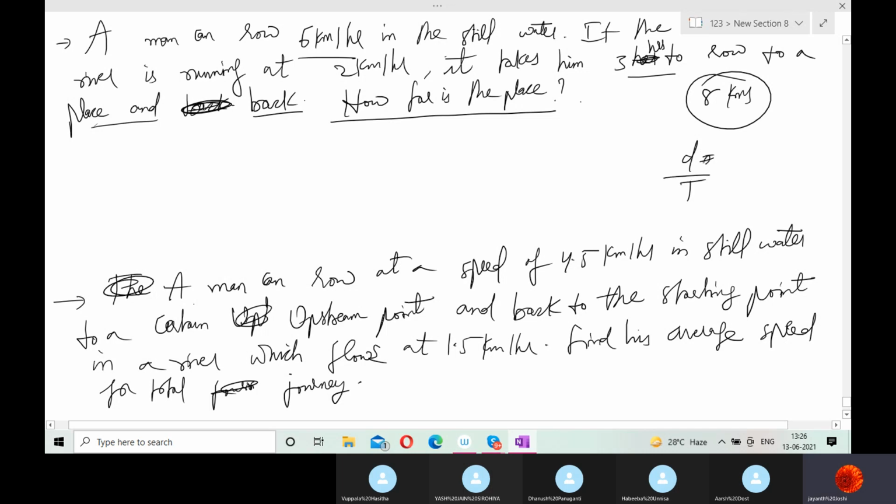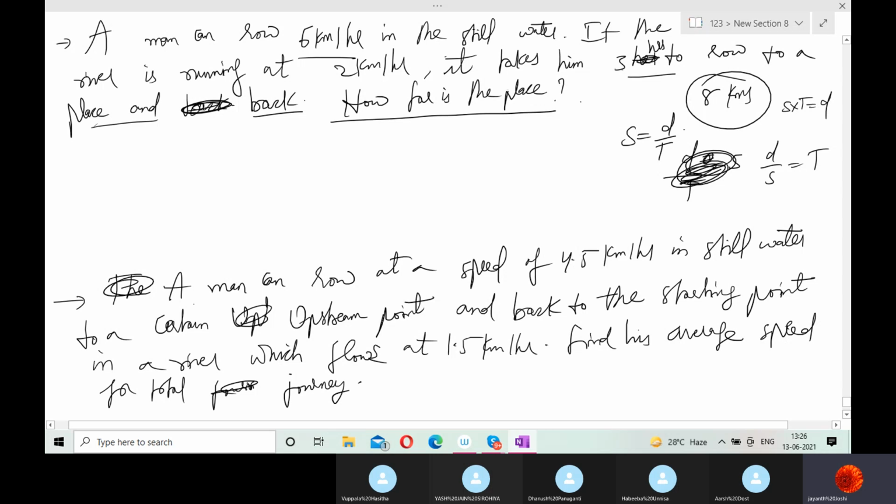See, distance by time is equal to speed, correct? Correct or wrong? Yes, sir. Distance by, no, sorry. Excuse me. Distance by speed is equal to time. Speed is equal to distance by time. Okay. So these formulas we all know, and speed into time is distance. We know these formulas. Fine. There's nothing new.